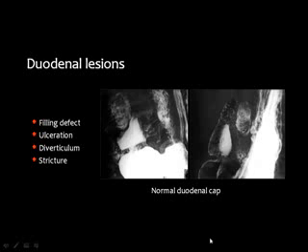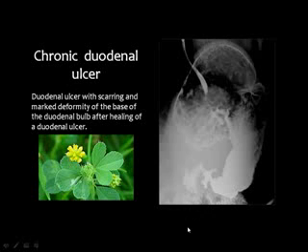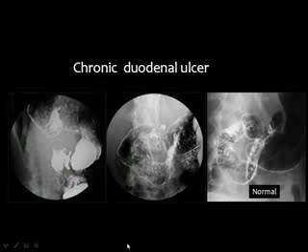Then the most common lesion affecting the duodenal cap is ulcers. And the acute ulcer is just an area which is filled by barium, showing persistent appearance, and you can see the mucosal folds reaching the edge of the ulcer. In the chronic duodenal ulcer, the duodenal cap will be fibrosed and cicatrized. Then you can see this characteristic configuration, which is known in radiology as the trifoil appearance, similar to this leaf. Another case of chronic duodenal ulceration with cicatrization of the duodenal cap compared to the normal duodenal cap in this